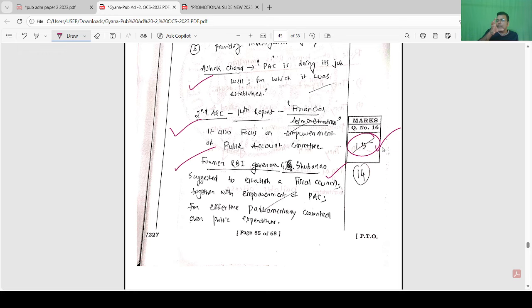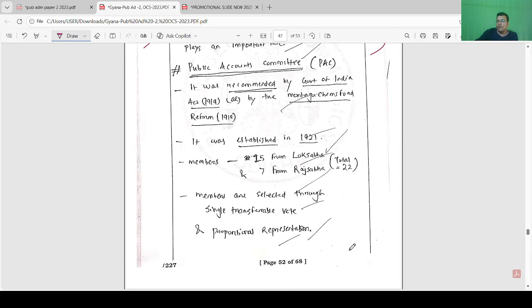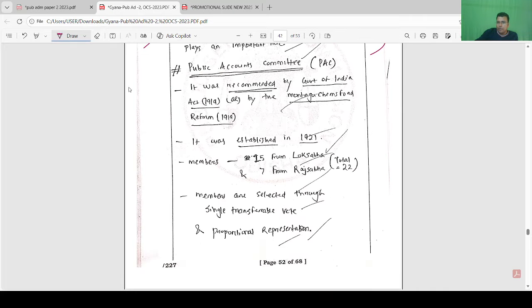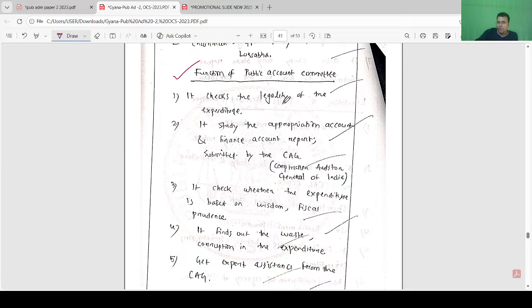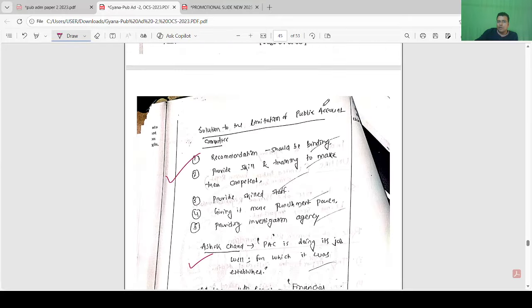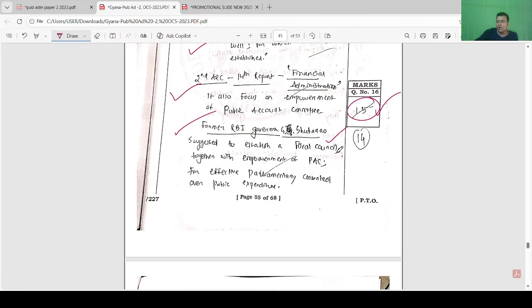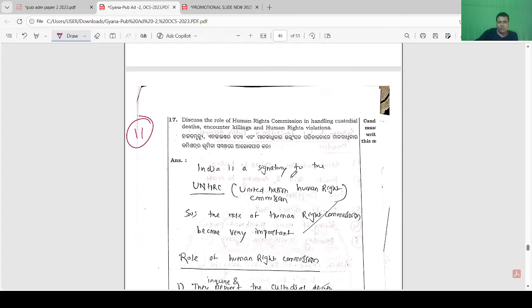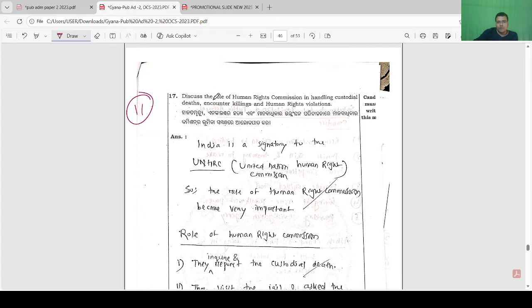And this is the same approach which I tell you in class. 14 marks received, clear. Introduction, then Public Accounts Committee the body, function, limitation, solution, second ARC, current example. 14 marks, understood? What I tell in class, marks come. Okay, next, discuss the role of human rights commission in handling custodial death,